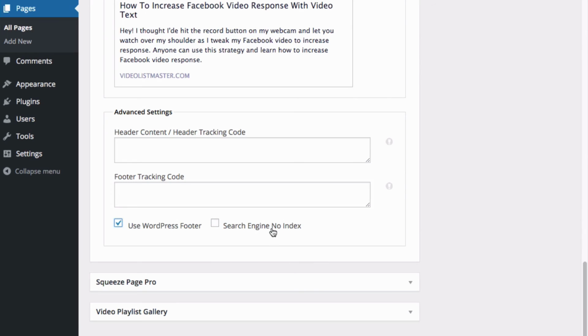And then we've also got search engine no index. So if you're creating video pages for a particular video course that you don't want to get indexed by Google, so people can't find them, or special one-time offers or upsell pages, then you can come here to the advanced settings and just check search engine no index. So this will let the search engines know, hey, don't index this page, don't list this page in your search engine results. I'm leaving that off for now, and I'm just going to show you, to finish off this lesson,